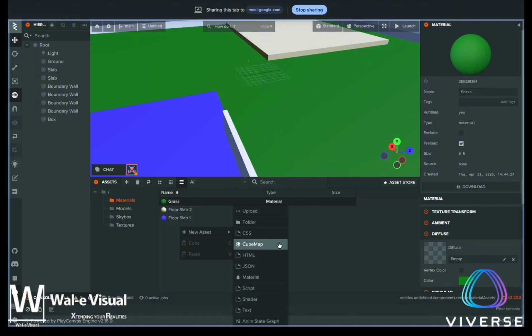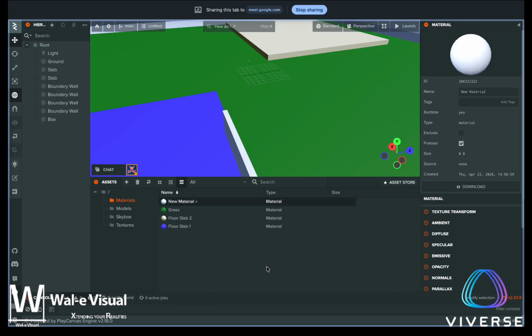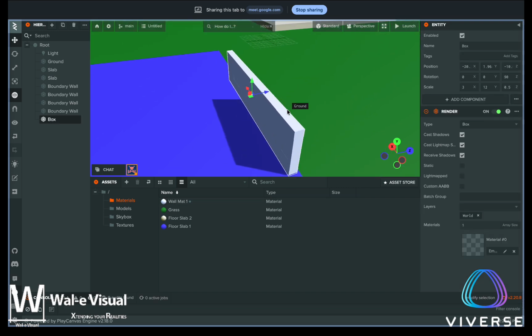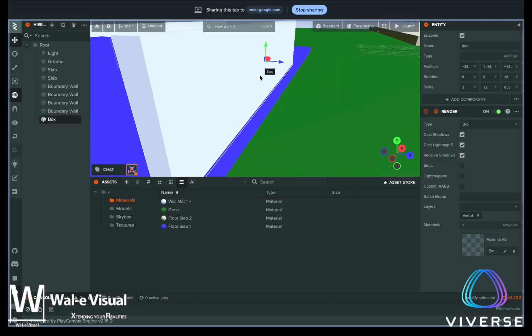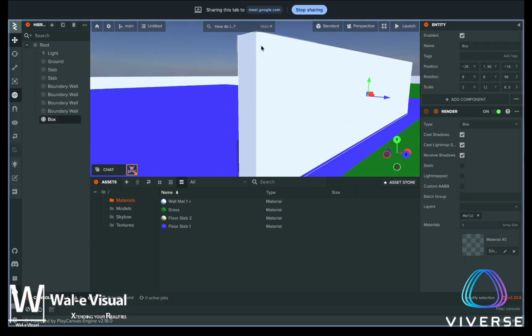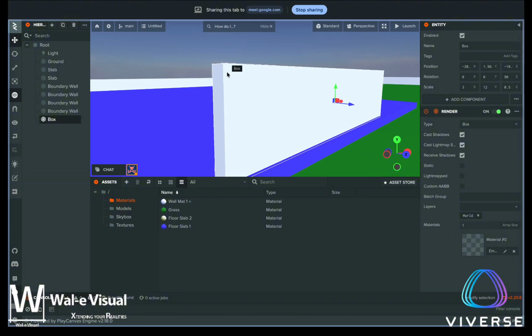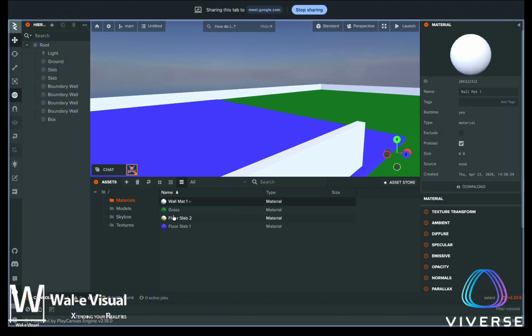Now let's create a material for the walls. Create material, come to material, click yes. Material loads up, call it wall mat 1, because you can have many different materials, but we want to have one for the start. And then for this wall, let's call it